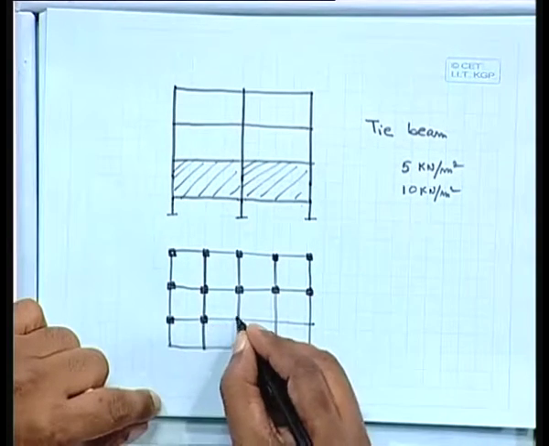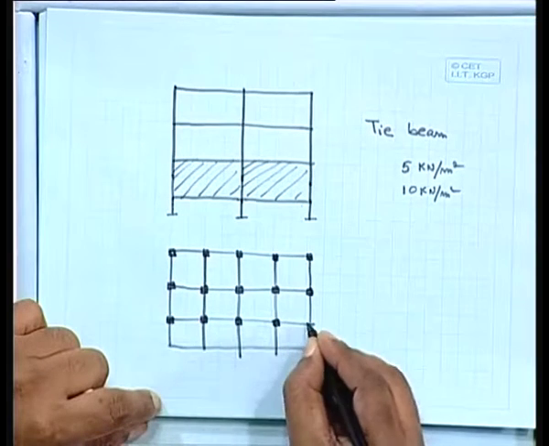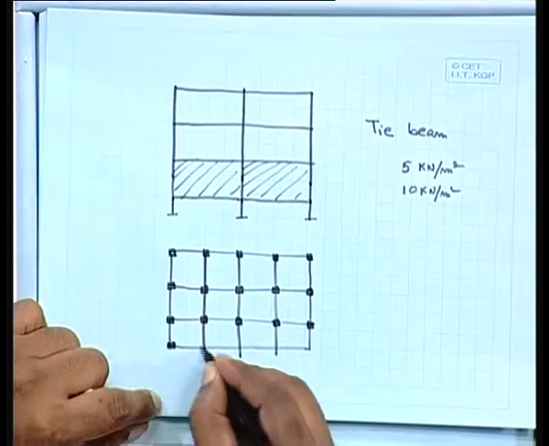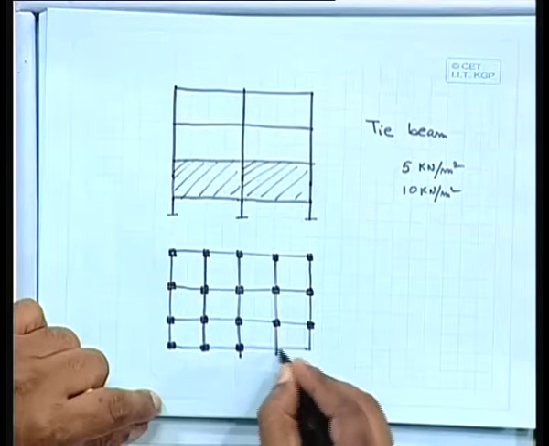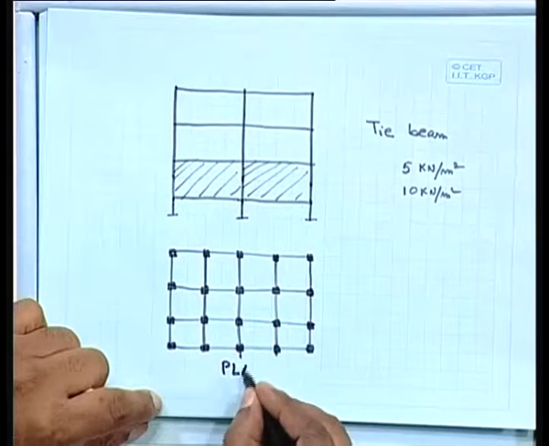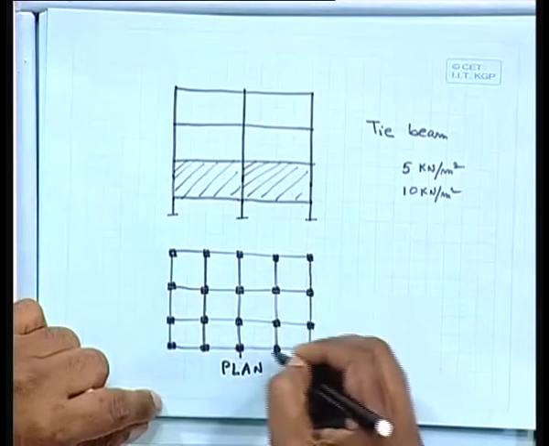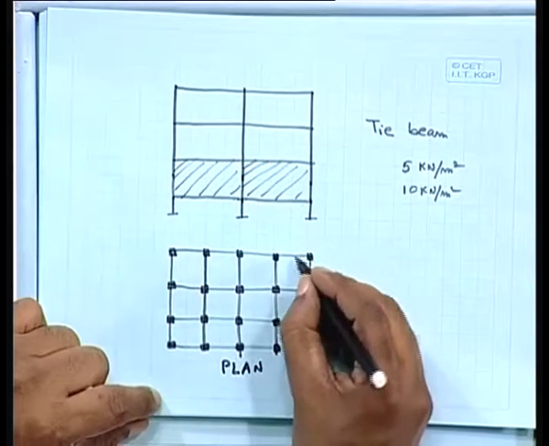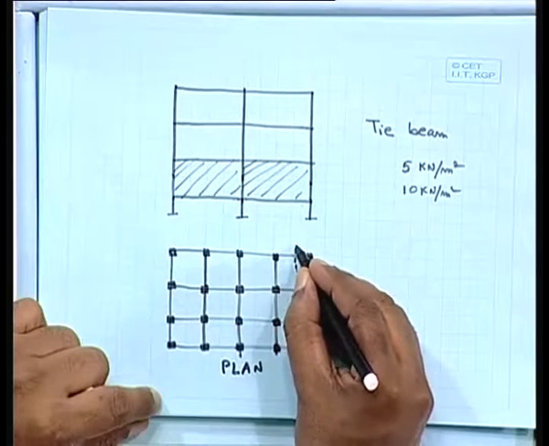So these are the column positions. We are looking at the plan of a building, and these are all columns. We have to give certain dimension